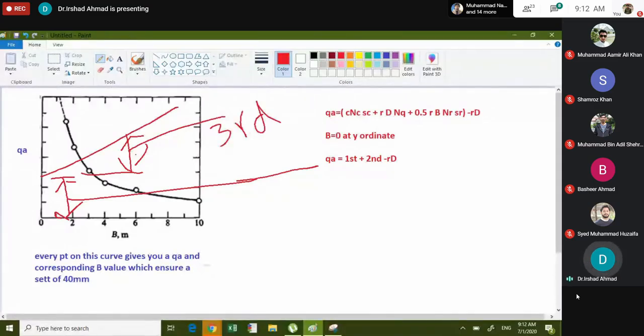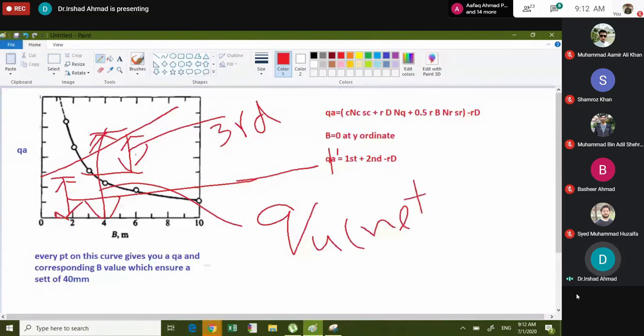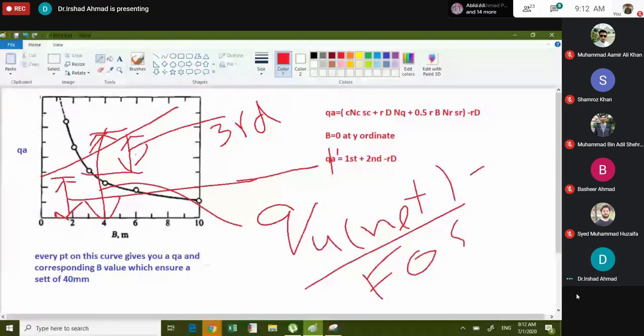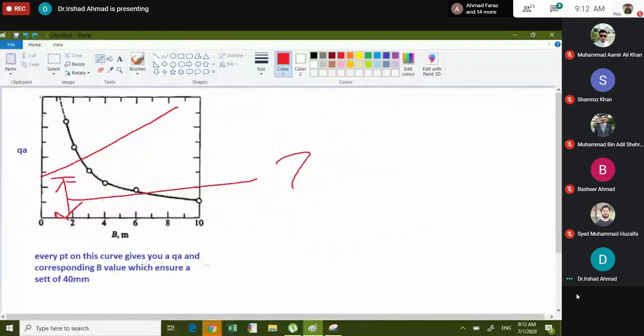फर्स्ट टर्म, सेकंड टर्म एंड थर्ड टर्म ऑल गेट बिकम QA, ये सारा जमा करें तो QA हो जाएगा। ये Q अल्टीमेट है, Q अल्टीमेट इन टर्म्स ऑफ नेट। अगर इसको फैक्टर ऑफ सेफ्टी पे डिवाइड करें तो ये आपके पास Q सेफ आ जाएगा। तो ये इक्वेशन तर्जाही से आ गई।